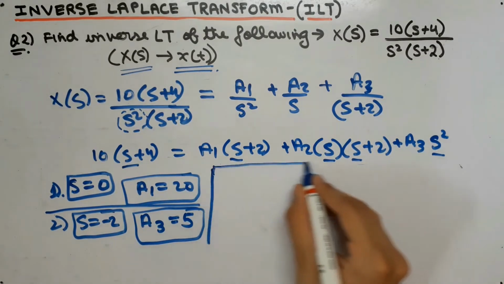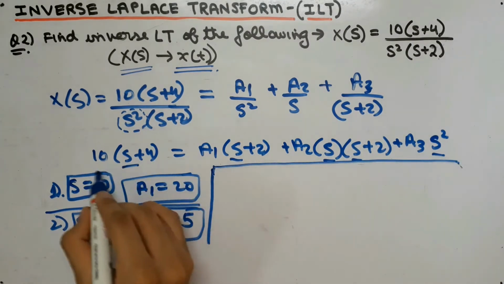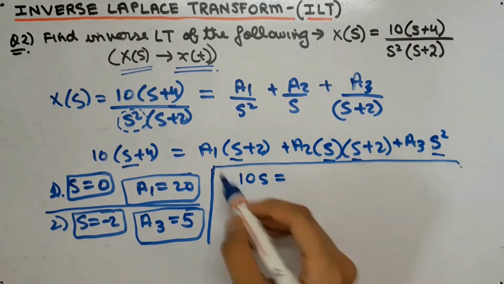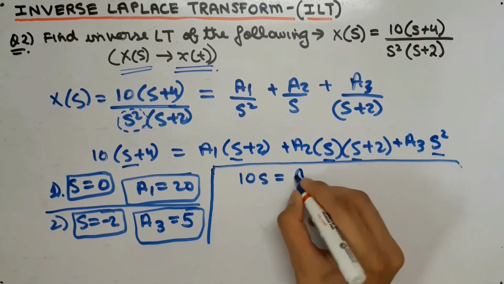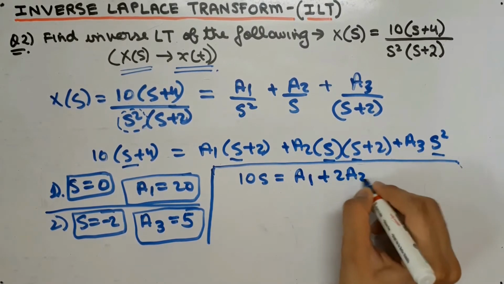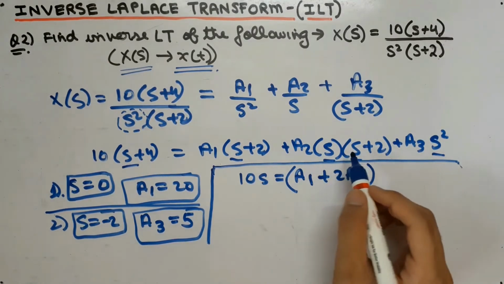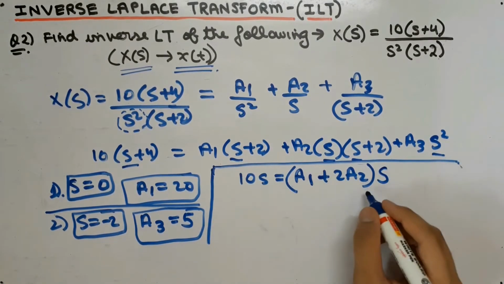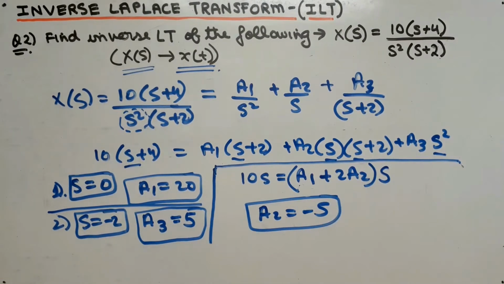Now in order to find the value of A2, we will have to compare the coefficients of s. That is, in this the coefficient of s is 10, that is 10s is equal to, now similarly we will compare the coefficients of s over here. That is, you will see that the coefficients of s in this equation are A1 and 2A2. That is, on solving this you will see that 2A2 is a coefficient of s, and similarly on solving this A1 will come out to be the coefficient of s. So on comparing this, we will get the value of A2 as minus 5. And we had also substituted the value of A1 that we found out previously.